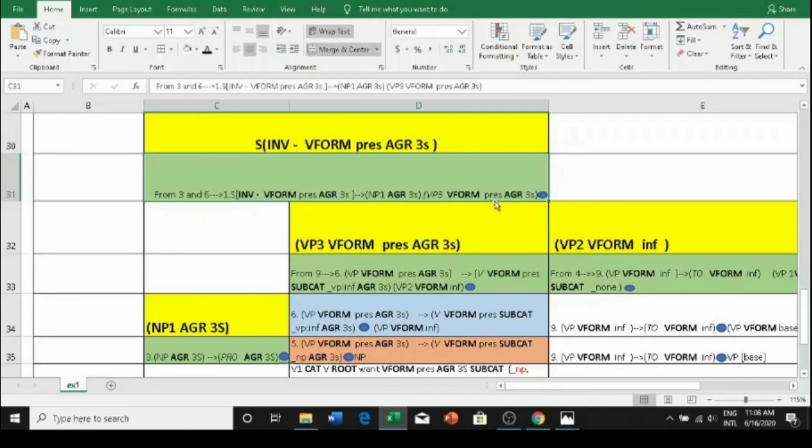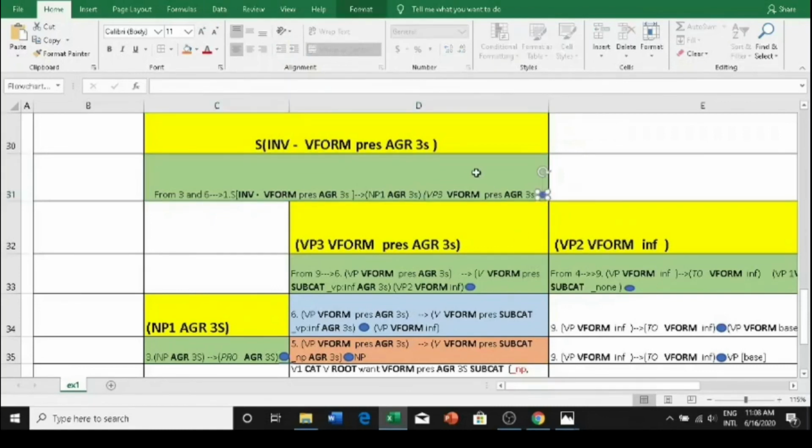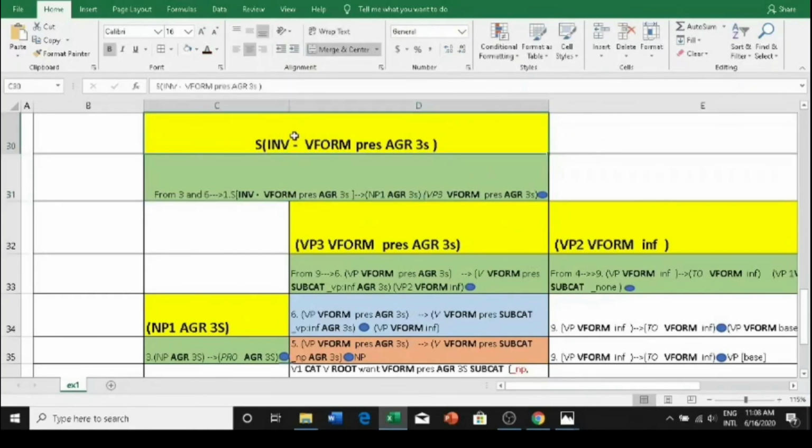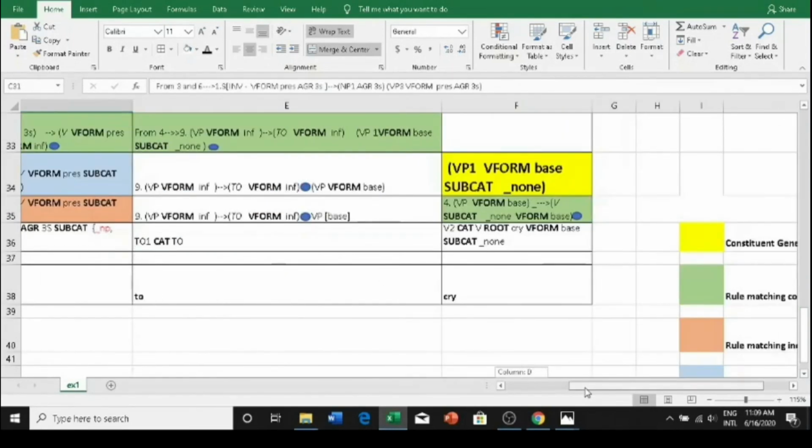So we will indicate that using a dot, and we have got the left side as a perfect constituent. The left side has V form value present tense, because it was a head feature, and agr as 3s because again it was a head feature. So we have a sentence in present tense form and in third person singular. Again, this is not inverted, and the inversion feature is negative, which was already set for this production. So this is how we will use augmented grammar to do a sample parse.